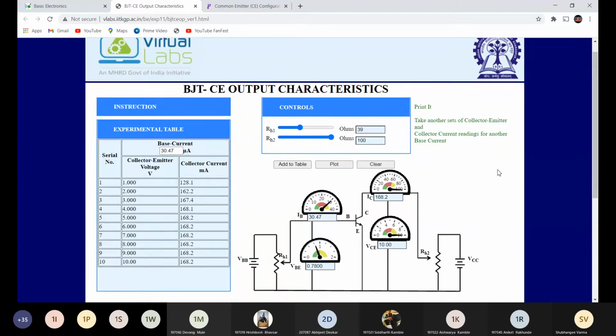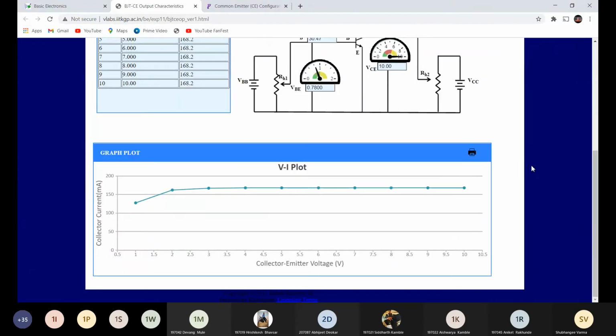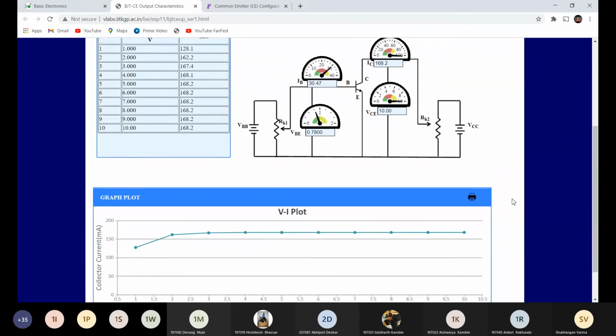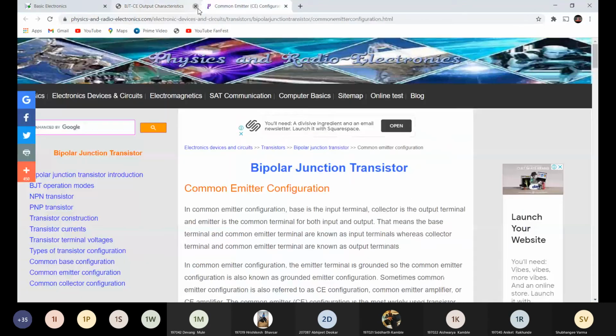So a total of 6 screenshots for input characteristic and 6 screenshots for output characteristic. 3 screenshots of this experiment table along with this diagram and 3 screenshots of this VI characteristic plot. So in this experiment you need to take a total of 12 screenshots. Okay, and attach those screenshots to our lab manual.